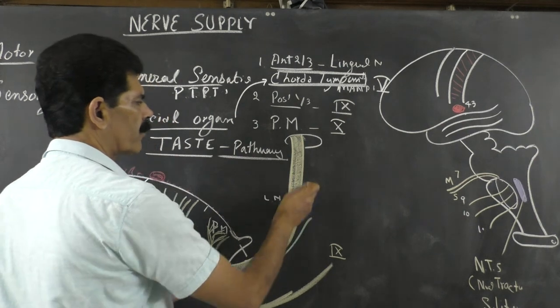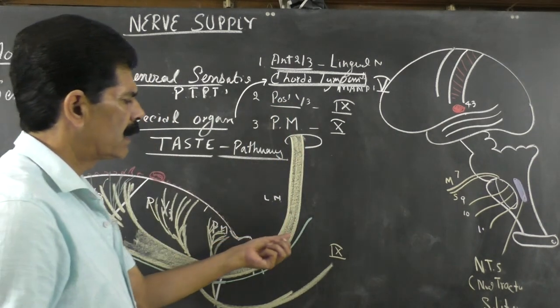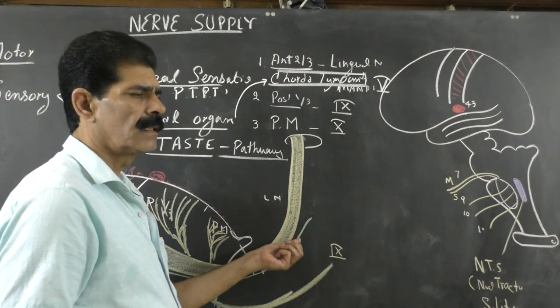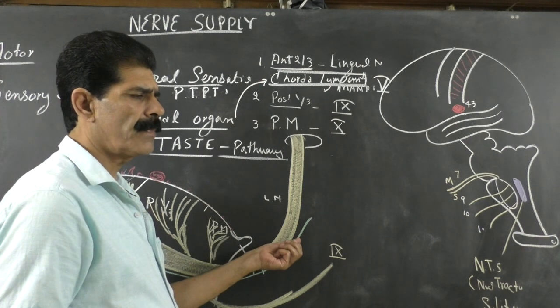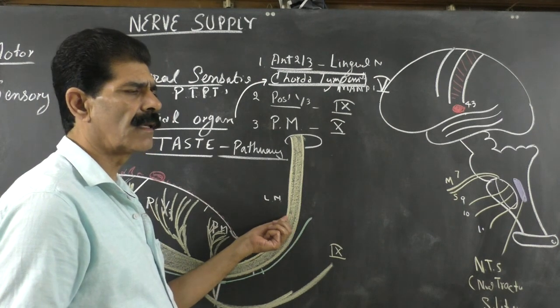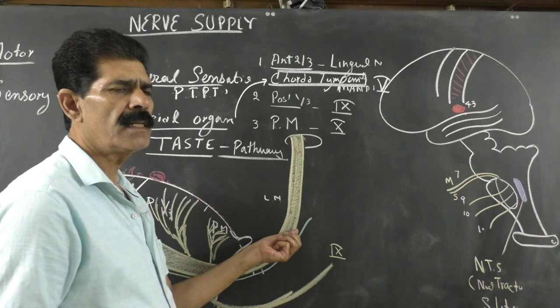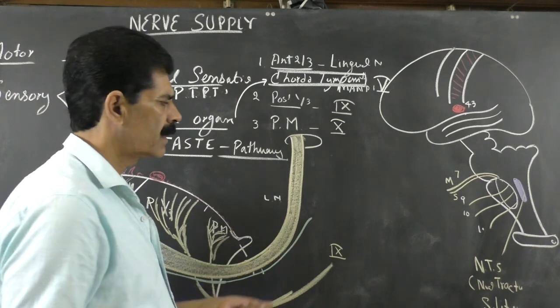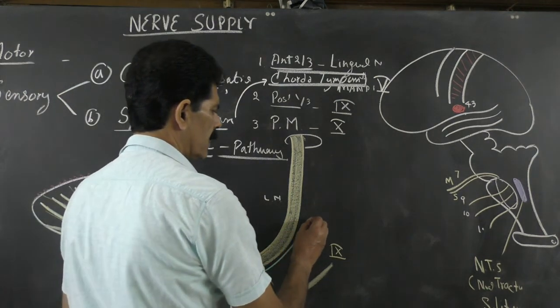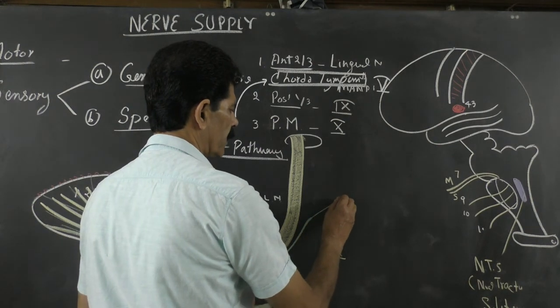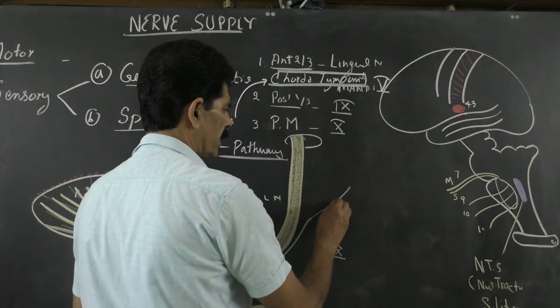In the infratemporal fossa, these chorda tympani fibers leave the lingual nerve just above the medial pterygoid muscle. And then these nerve, these taste fibers,